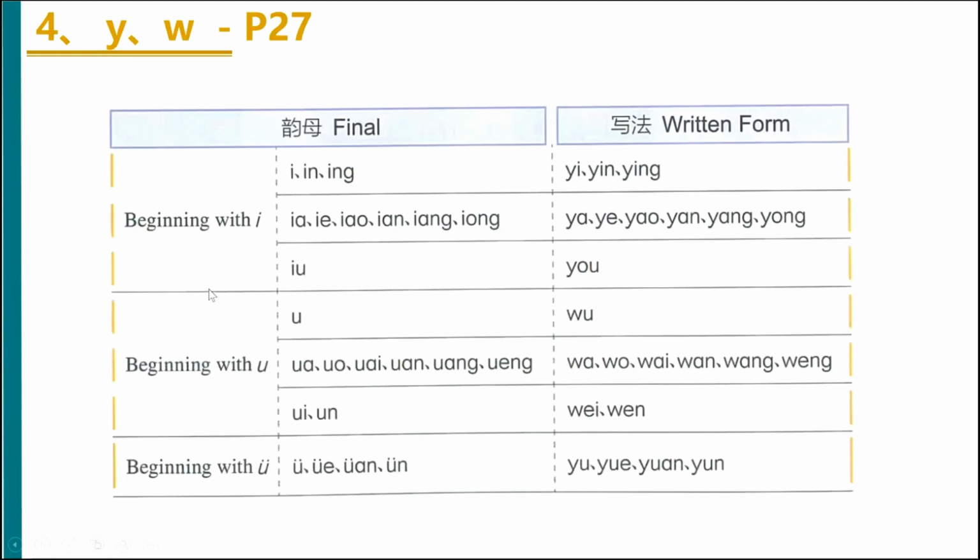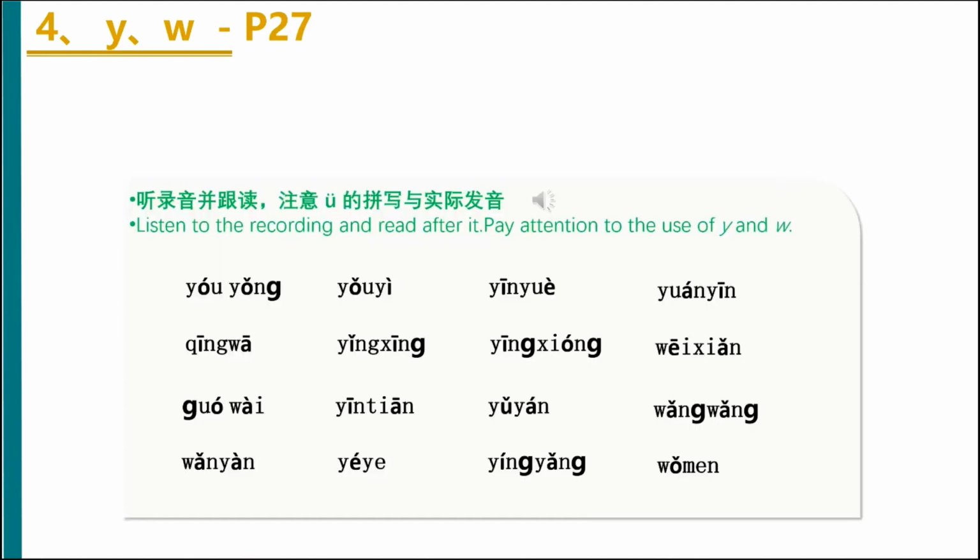Here's the summary of these yunmu beginning with i, u, and ü. 游泳、有益、音乐、原因、青蛙、影星、英雄、危险、国外、阴天、语言、往往、晚宴、爷爷、营养、我们。